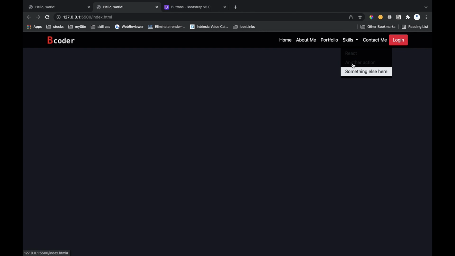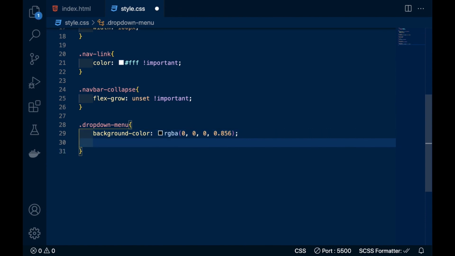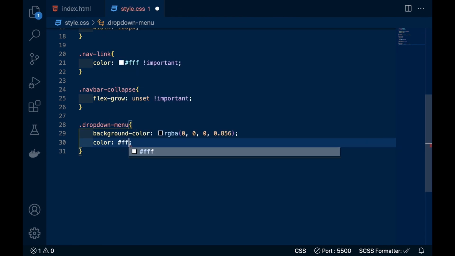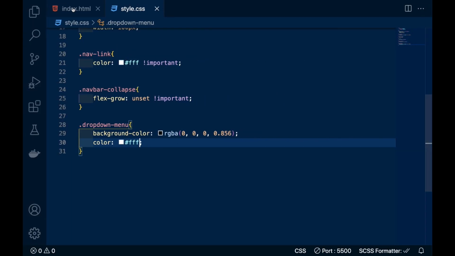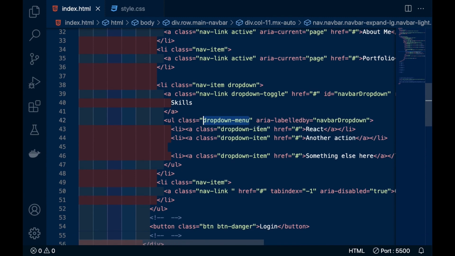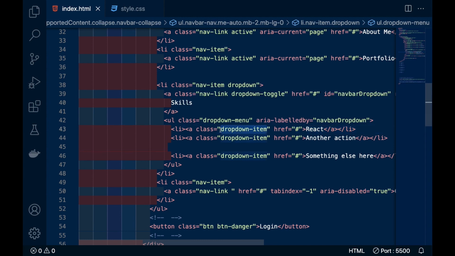So now you can see it is done, and the color is a little faded. So here you will write color white. Here this is not working because it also contained a li, and inside the li there is an anchor tag.